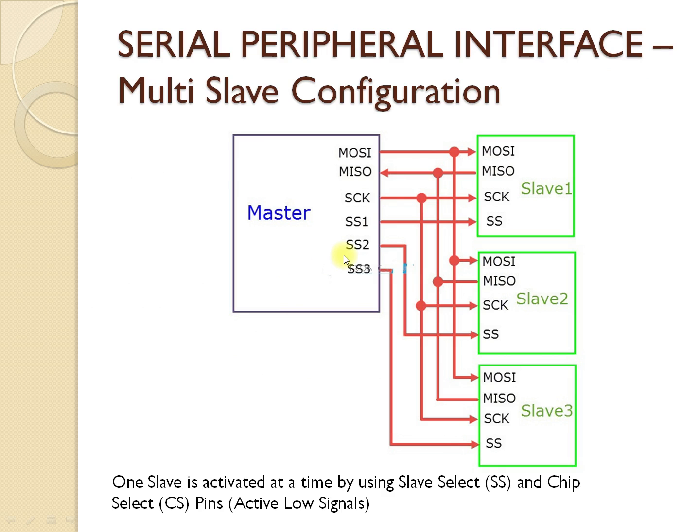So the next is going to be a very important one, the multi-slave configuration. So here we will be having a master. In this particular master we will be having MOSI, that is the master output slave input, and MISO, master input slave output, and we will be connecting this master to the multiple slaves. So these slaves are going to be connected with their respective MOSI or MISO pins and also the clock signals.